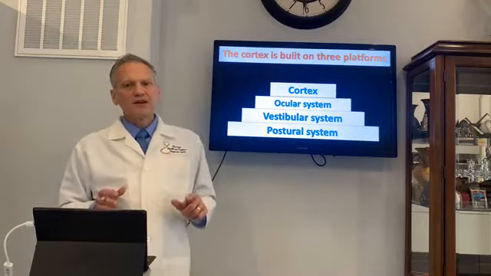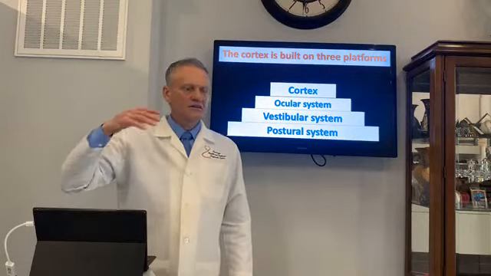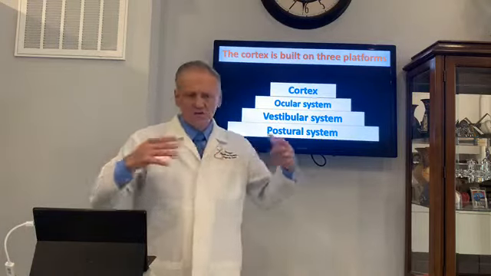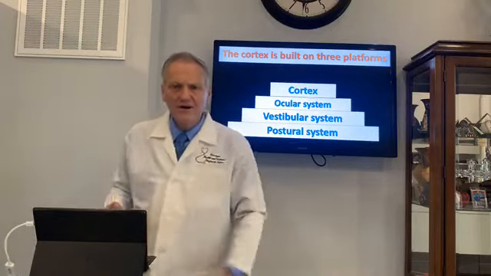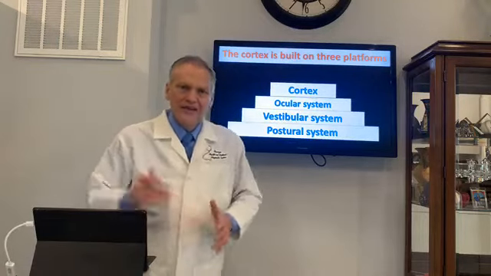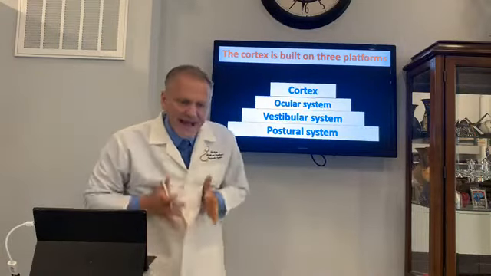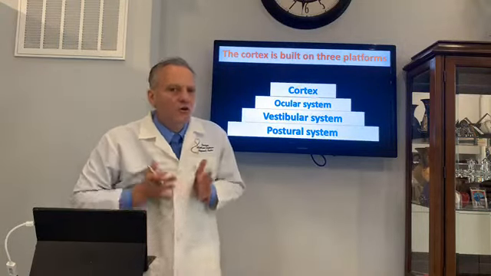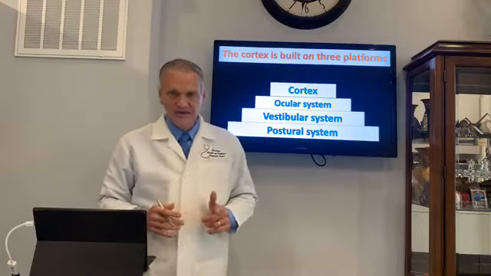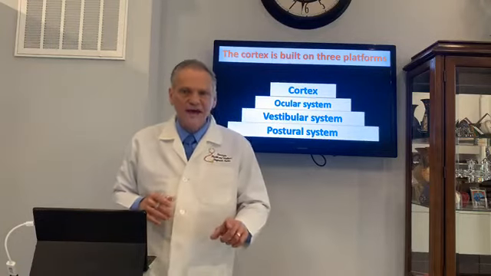When a child comes in, we're going to check the posture. This is so funny. We'll have kids that are in Little League, in football, very active in sports and so on and so forth. We'll lay them on the table and they have very, very poor postural strength. Sure, their arms are strong, their legs are strong, but they have lousy core strength, and it's the core strength that builds the brain, not the arms and the legs. It's the core strength. So the first thing we do is evaluate our kids to look at their posture,